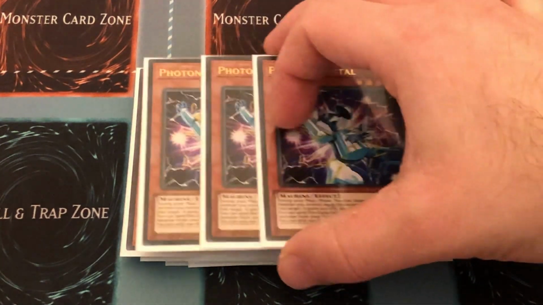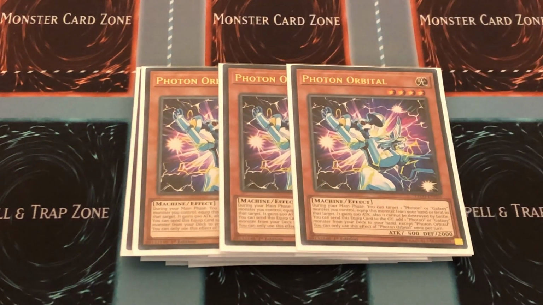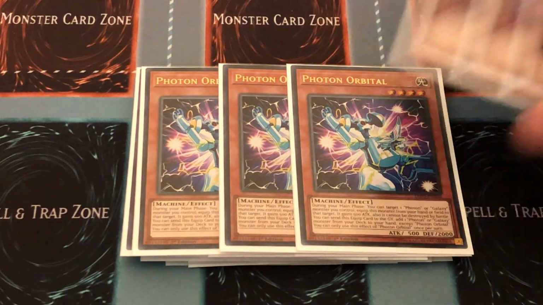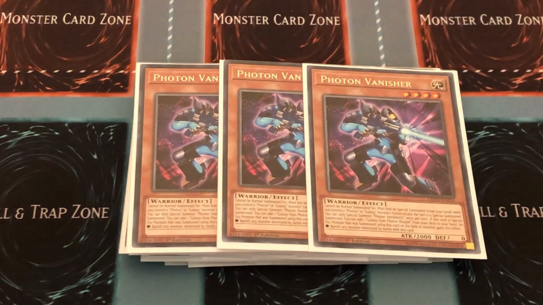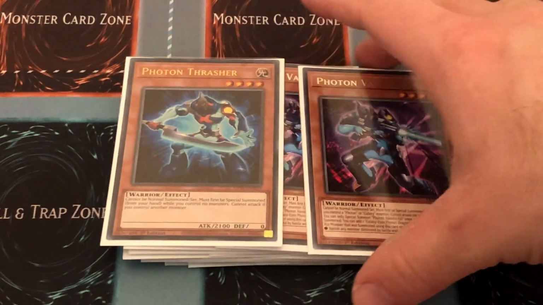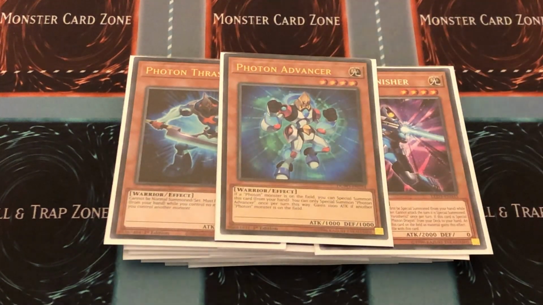I'm also playing the 3 Photon Orbitals. Still trying to pick up my 2nd and 1st secrets. And until then, I'll stick with these lovely original ultras. The 3 Vanishers. Super important in this deck still. And then we play 3 one-offs. I'm playing the 1 Photon Thrasher, which has got a very lovely ultra reprint, the 1 Advancer and the 1